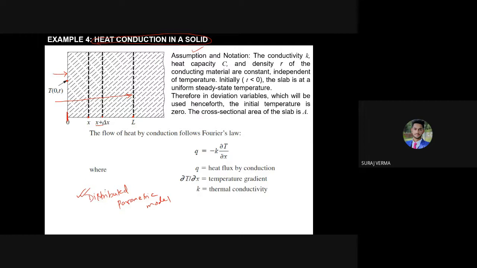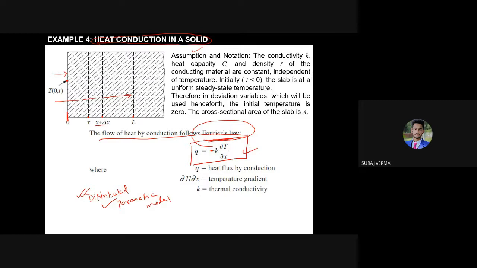So it is changing with the space as well as the time. Time के साथ भी change कर रहा है, space के साथ भी change. And how the temperature is changing with the space is found out with the help of Fourier law, Fourier heat transfer. And it is given by the famous equation Q is equals to minus K del T by del X. Why is it a minus? Because as we are going inside the system, it is basically a gradient, and the gradient is a decreasing function.